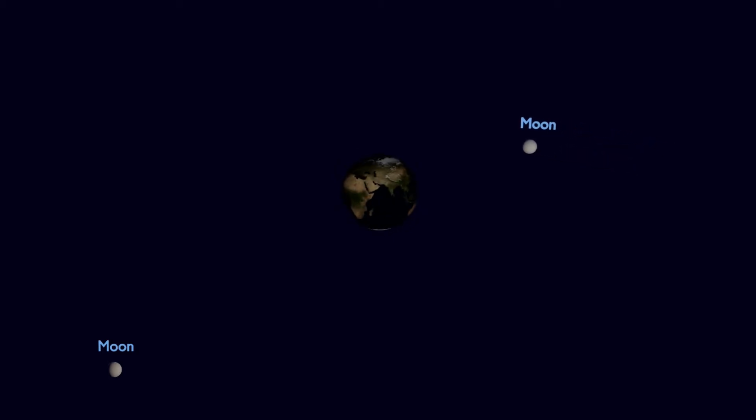Here we're able to more clearly see why the moon phases occur as they do. As the Earth makes its counterclockwise rotation, if we were looking down from the North Pole, it would appear to be counterclockwise. The moon is also circling the Earth in the same manner. And if we were to slow the animation down or look from a position on the Earth, we would see